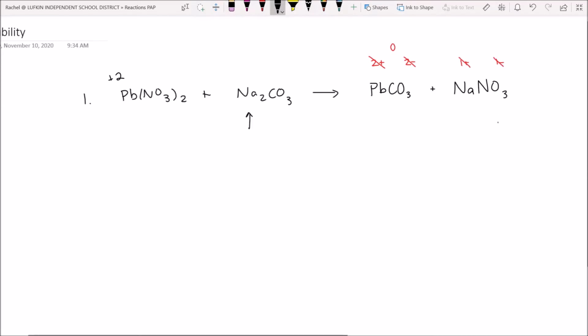NaNO3. So now that we know that, for part A, it says predict the formulas for the products. So your answer would be this one and this one, right? And then it says name them, right? So I'm not going to name this for you guys, but remember that